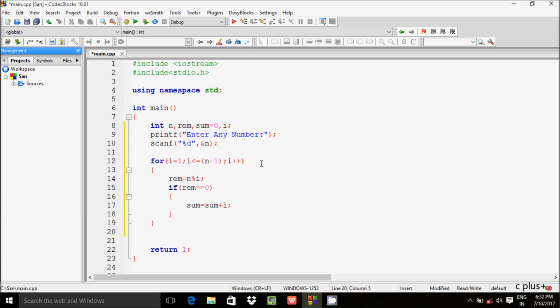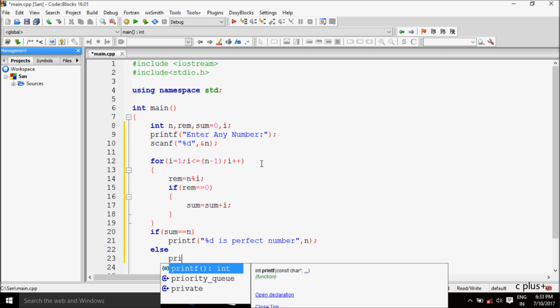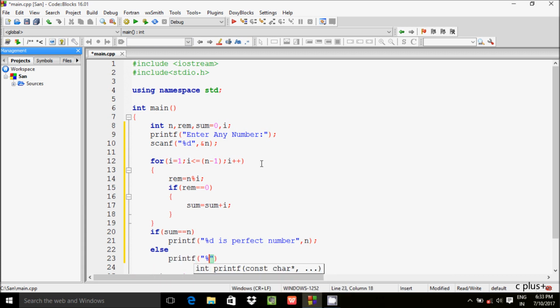Now let's come out of the for loop. Here write one more if statement. The condition is sum double equal to n. If this condition is true, then print "%d is a perfect number", and here print the n value. Next go to the else part. If the condition is not true, print here "%d is not